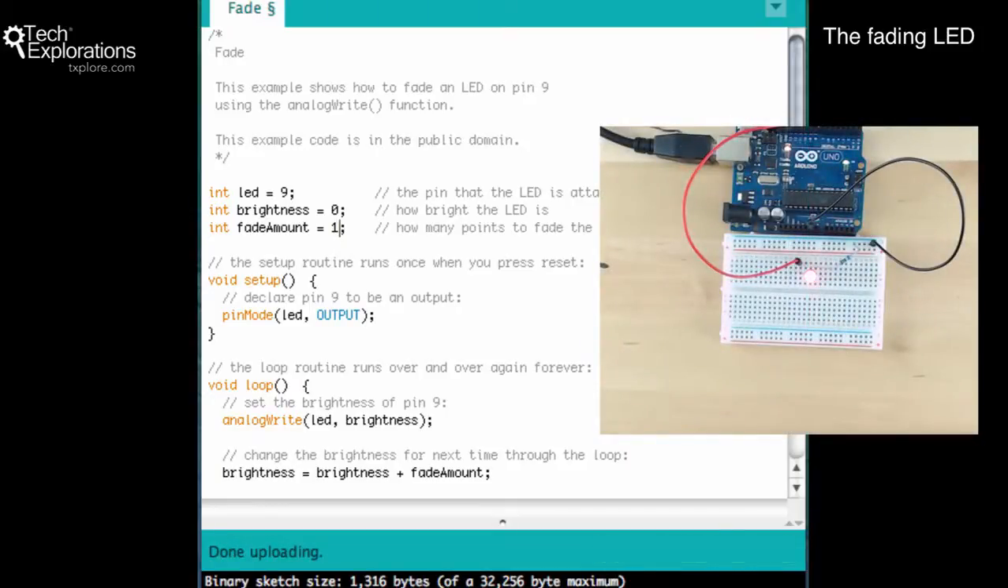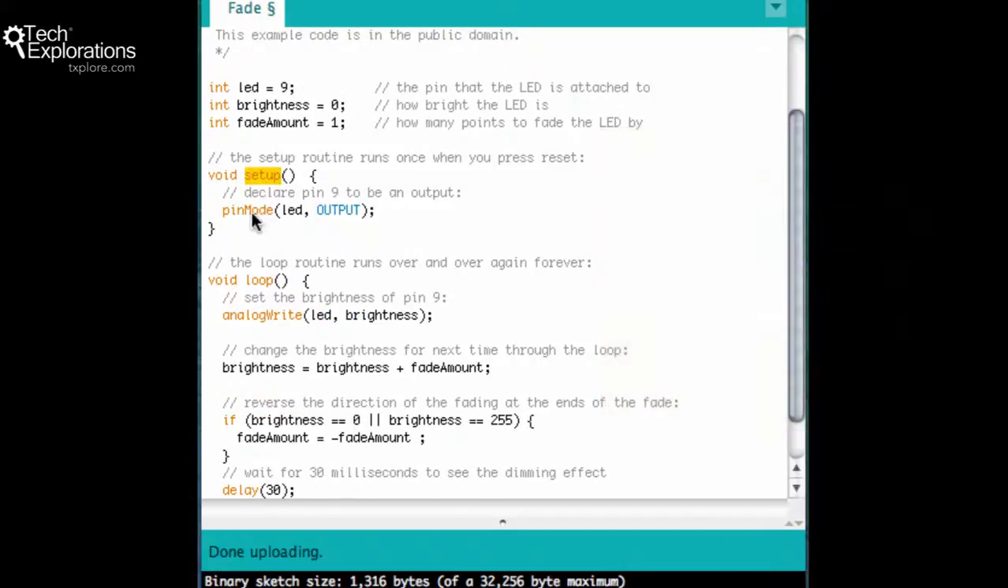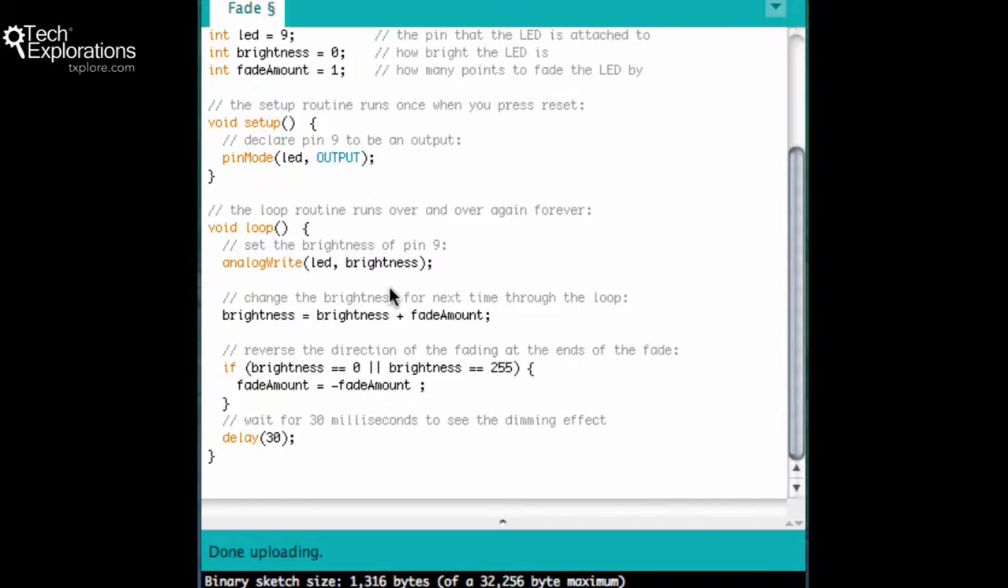There you go. The LED now fades on and then fades off slower than it did when the fade amount was set to 5. See how slow it is? Very slow. So that's the effect that this variable has. The setup method does not change. The mode for pin number 9 is still going to be output. Now in the loop,